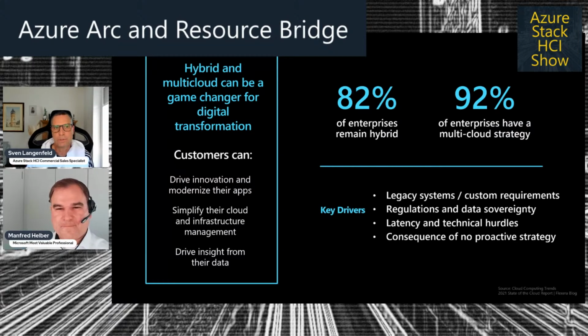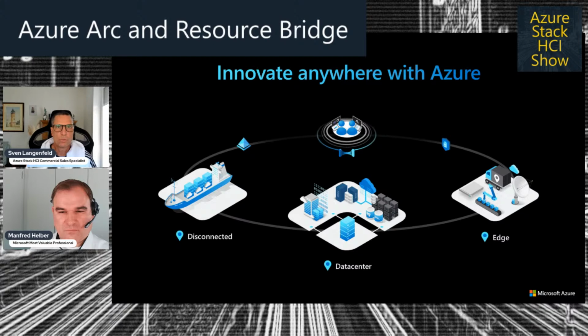And if we look at the public cloud itself, 92% say we do not have one vendor. We have multiple vendors offering public cloud, and of course Azure is one of them, but we have multiple of them. So the question is, how does Microsoft react to these two different learnings? Learning number one is, if customers want to stay on premises because of technical issues or legal restrictions, our idea is to bring Azure to our customers.